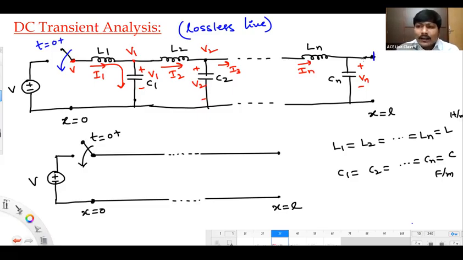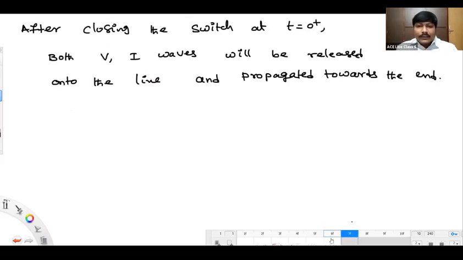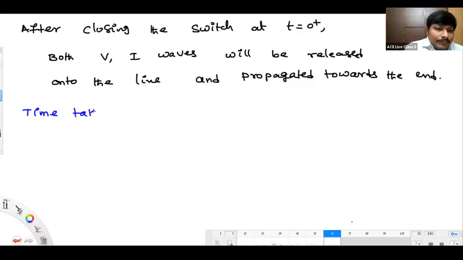Generally, what is the definition of time from physics? It is nothing but length by velocity. Length means the length of the transmission line, and velocity is the velocity by which the wave is going to be propagated. So I can write here: time taken by the wave to reach